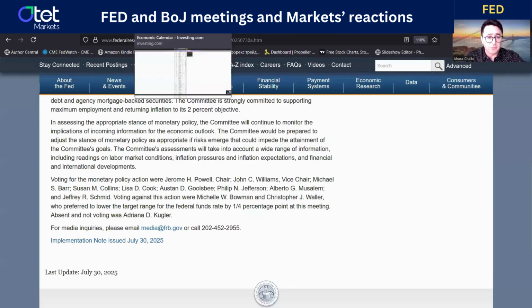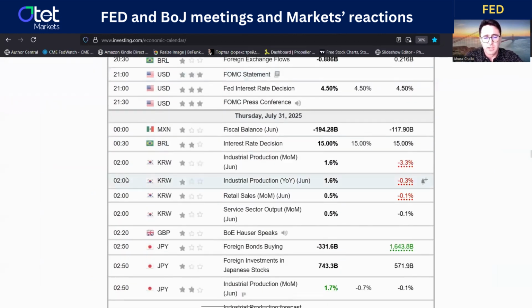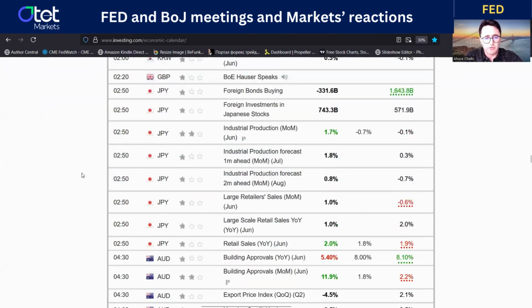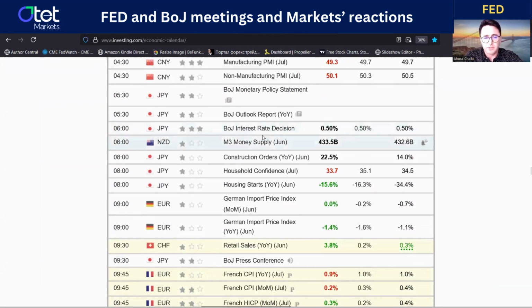By the way, we shouldn't forget that earlier today the central bank in Japan, the BoJ, also had a meeting and held the rates at 0.5% with no change, as was widely expected. So there is nothing to be worried about. But we know that the Bank of Japan is a little bit more cautious about its decisions, while inflation is somewhat lower than the previous month. At the same time, the economy was also slower. That's why they were a little more cautious about whether they should increase the rates or not.